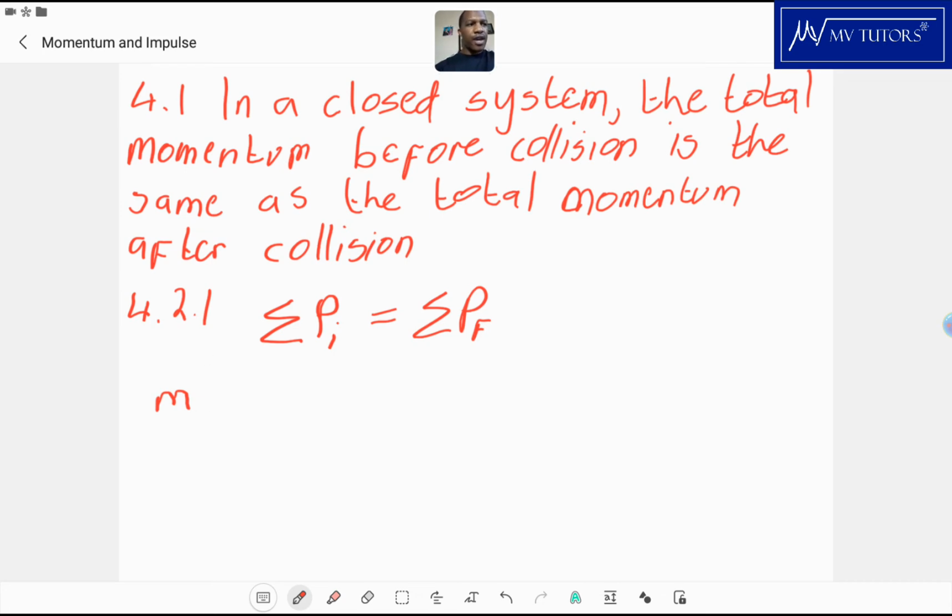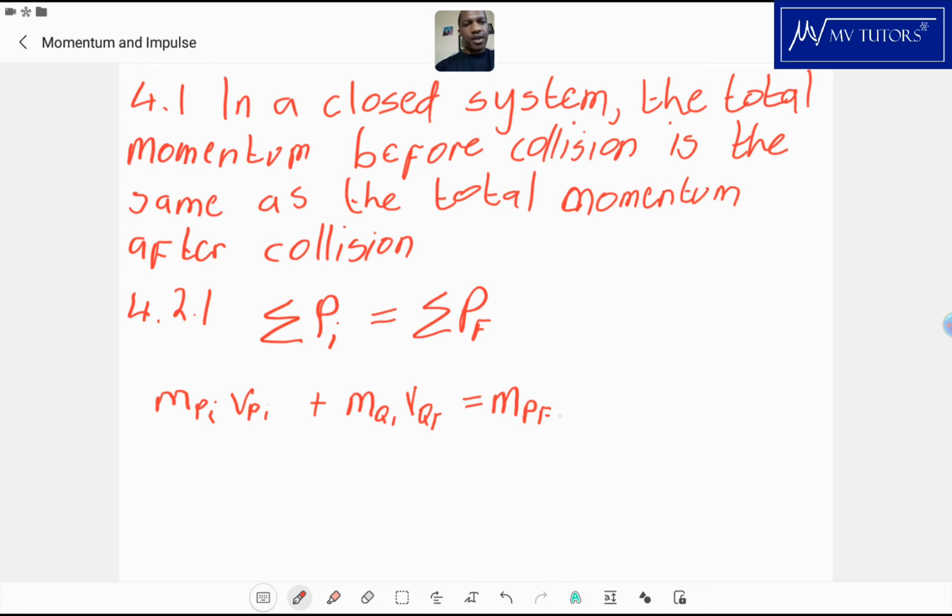So we have the mass of P, the initial one, and the velocity of P, the initial one, plus, if it's a sum, the mass of Q, the initial one, times the velocity of Q, the initial one. This should equal the mass of P, the final one,